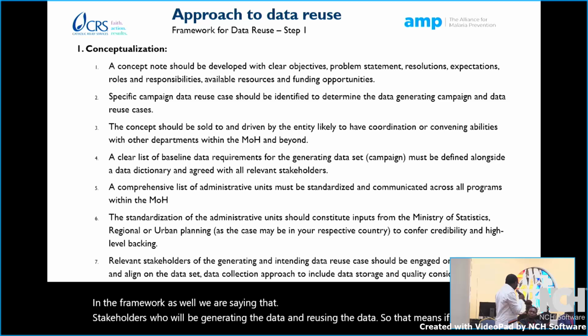Now, two key work streams have to be established. One, as we already agreed, this data should be managed by the HMIS team or the M&E team. However, we have a difference between the storage of the data, the management of the storage of the data, and the management of the data itself.